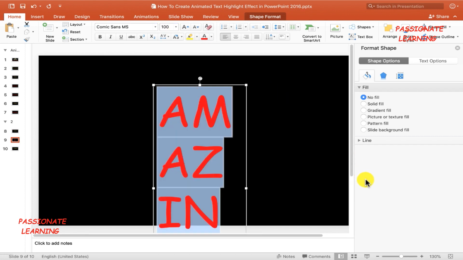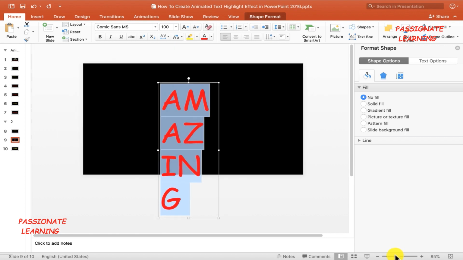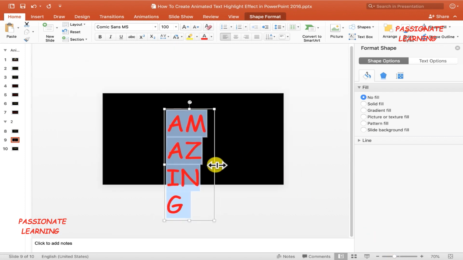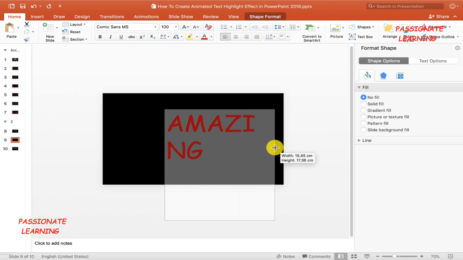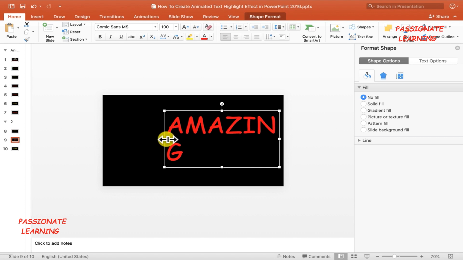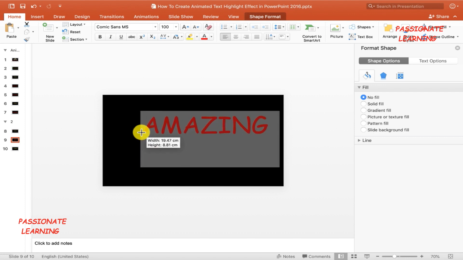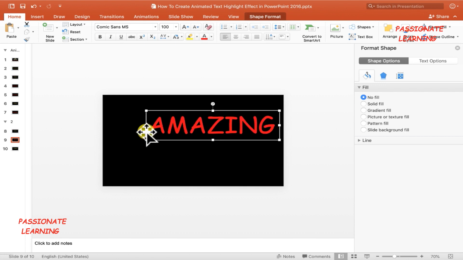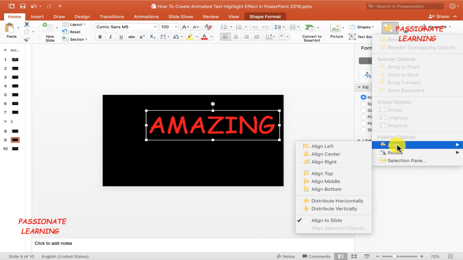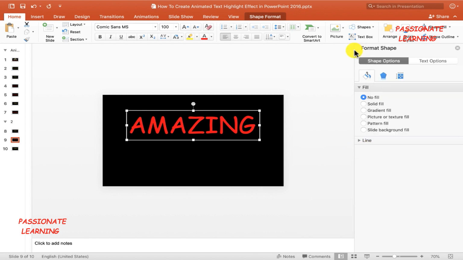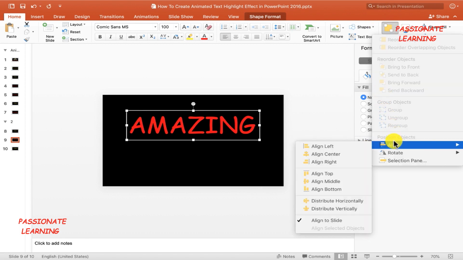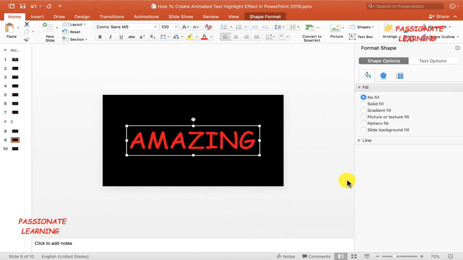And then just for the sake of better understanding, let me reduce the size of the slide, and I need to make some changes in this text box so that the word amazing gets fitted into one single line like this. And after that, I need to come over here to the arrange button and align this text box in the center as well as in the middle like this.